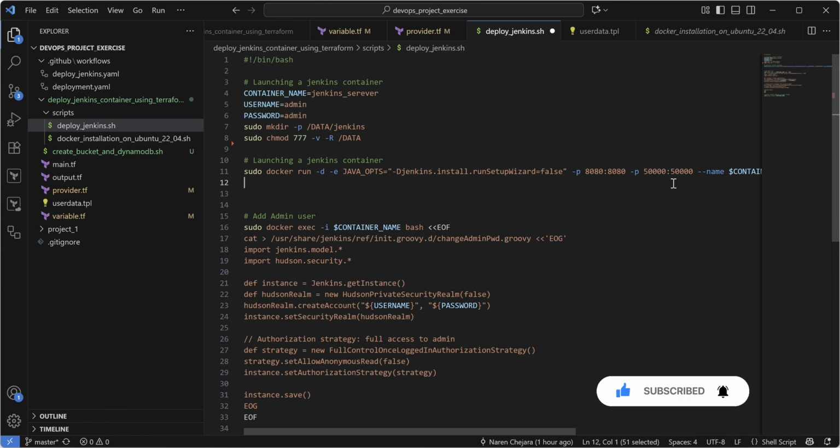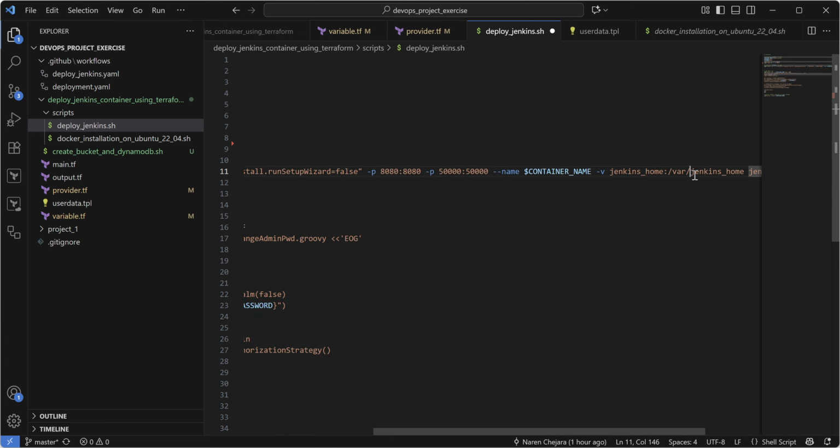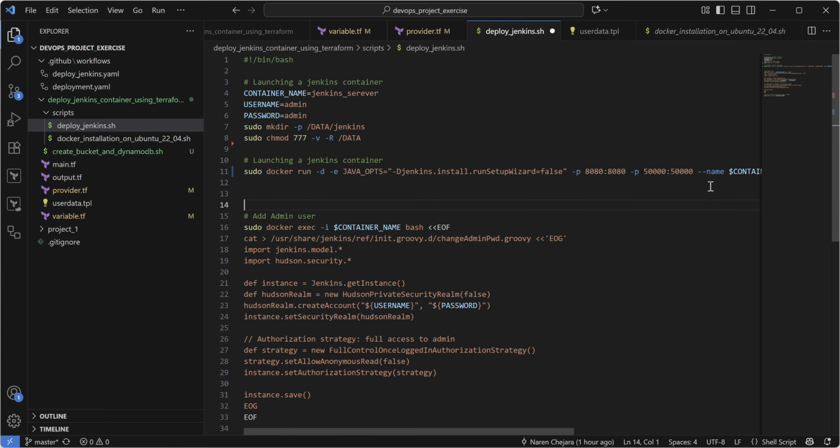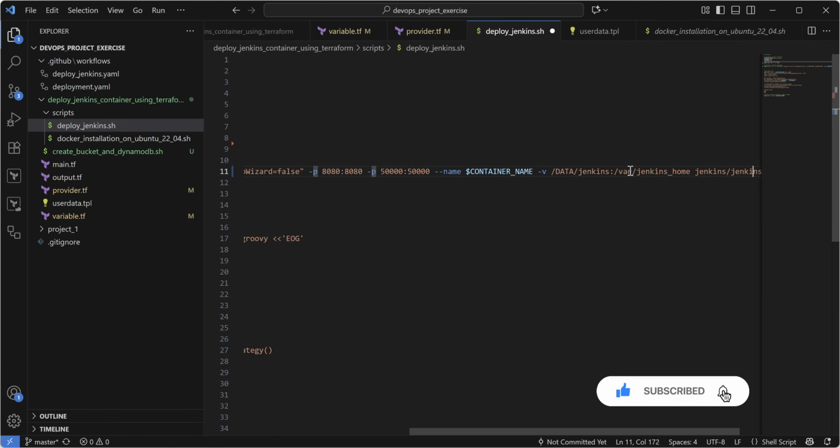So what we can do is replace the folder that we have created. We are saying I have a folder data and Jenkins, and we tell the container to use my folder outside the container and map it to the folder inside. So Jenkins installation is creating a folder in the var directory as the Jenkins home directory,